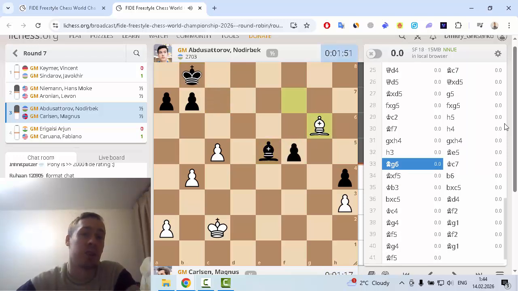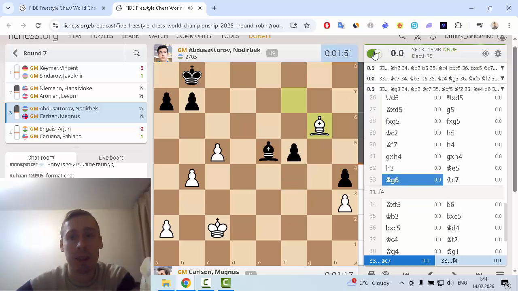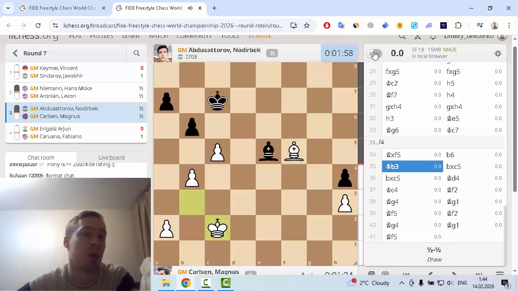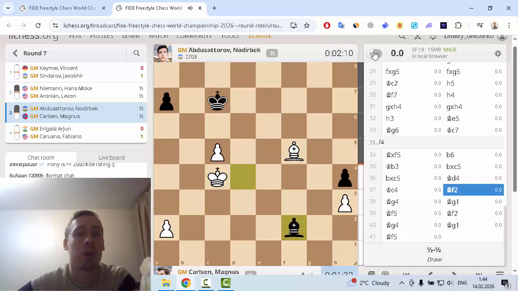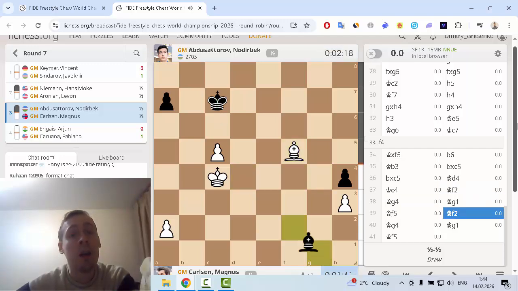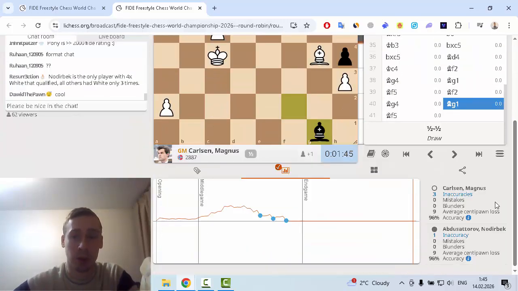And also, of course, Abdusattorov can protect this pawn with f4, but king c7 is also possible. Okay, king c7, take on f5, but of course he can exchange some pawns, and then after bishop c5, king c4, bishop f2. Of course, our idea is to play king c6, and then it's a draw after this repetition. So an interesting and very solid game by Magnus Carlsen and Nodirbek Abdusattorov, and we can see